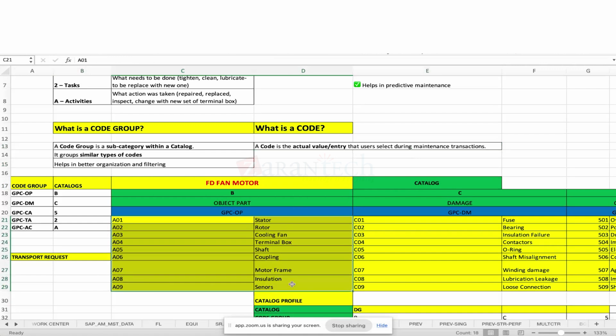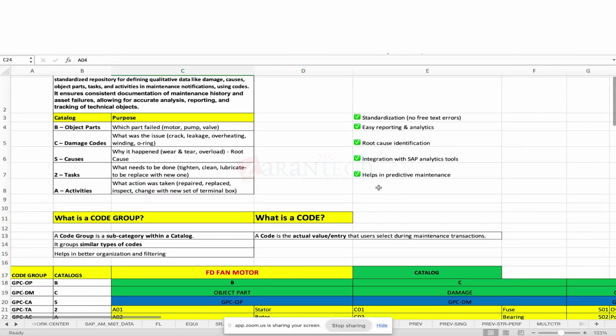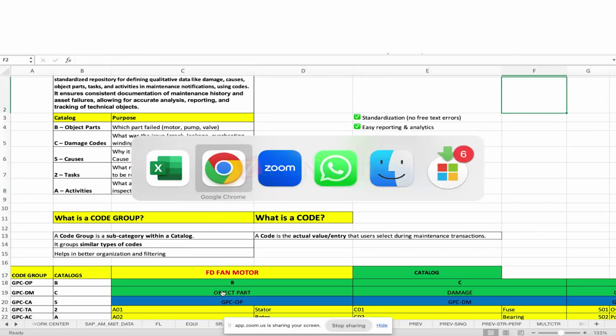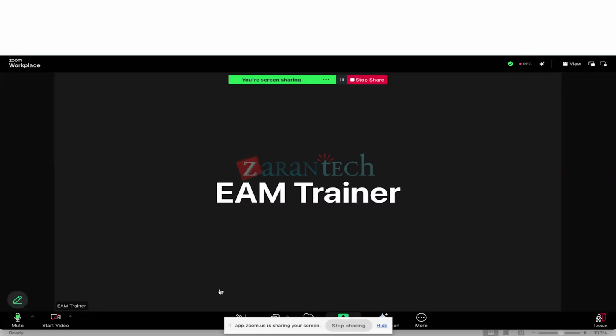These codes, highlighted in yellow, are the actual value entries that users select during maintenance transactions. Quickly, we'll go into the Fiori app and try to create all the code groups and codes under the catalogs. So let me go to the